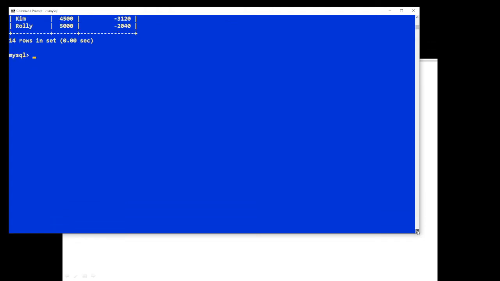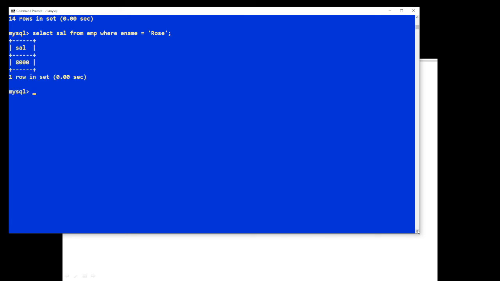So one way is first to know the salary of Rose. This is maybe the longer method. So first we display the salary of Rose. So we have here select salary from emp where ename is equal to Rose. And we now know that the salary of Rose is 8,000. Then after that, we display